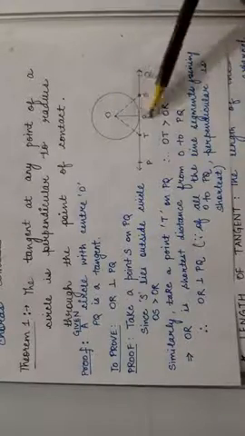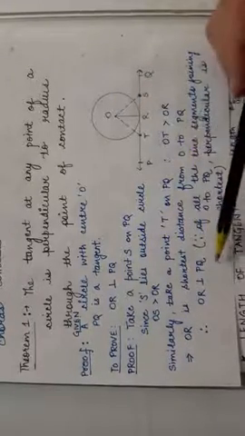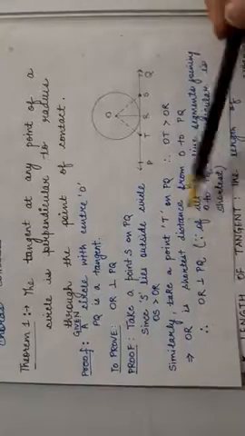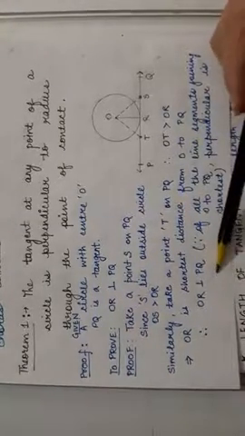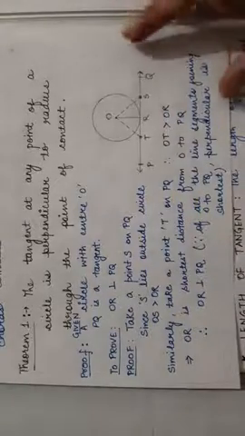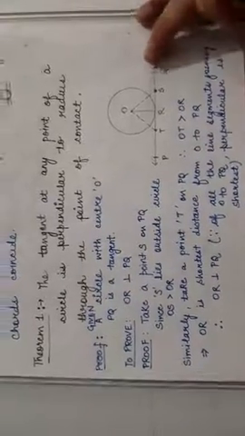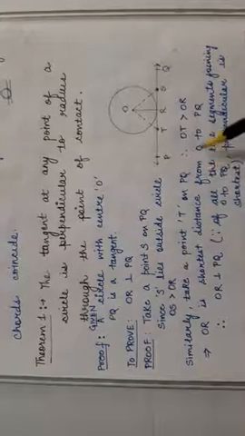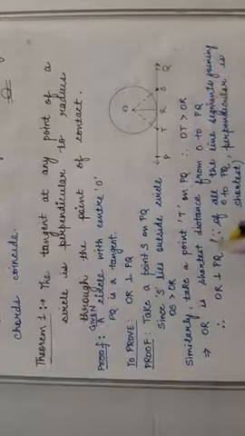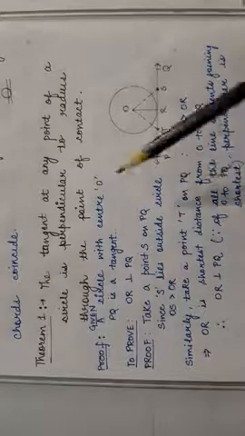So here OR is the shortest line segment, so it is the perpendicular one. Vice versa, these situations are true. Shortest distance is perpendicular and perpendicular one is the shortest. So herein, in order to prove that it is perpendicular, we have first proved that it is the shortest distance. Now since it is the shortest distance, it is the perpendicular also. So this is the proof of first theorem.